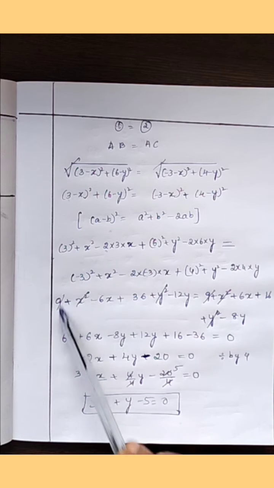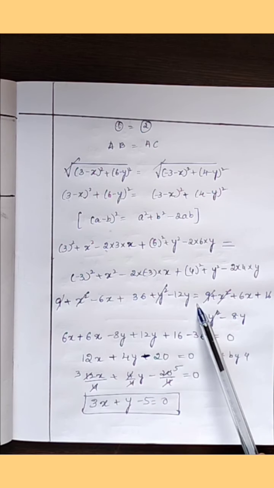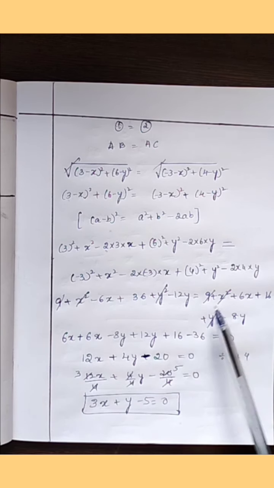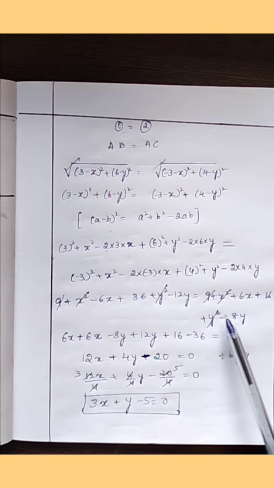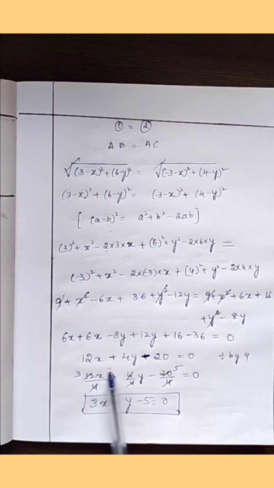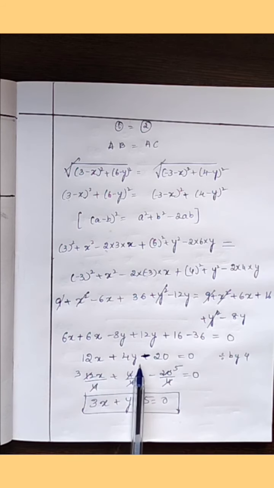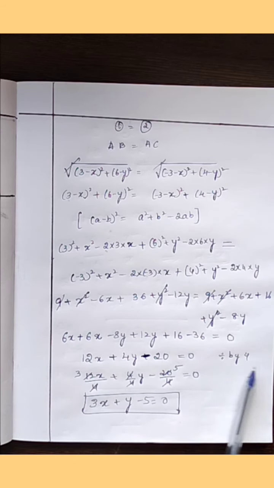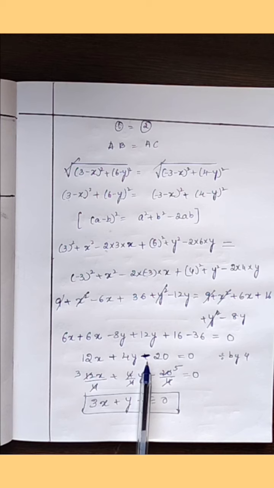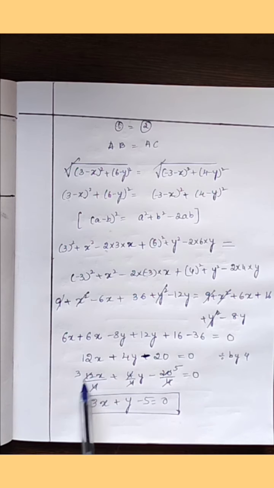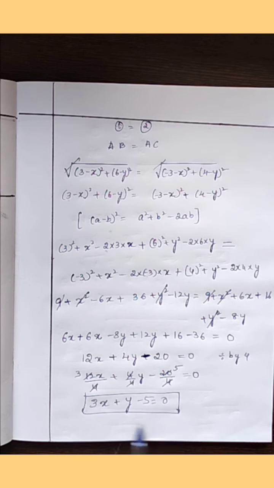Okay, these similar terms, that is plus 9, get cancelled each other, plus x square. Okay, next y square will get cancelled each other. After cancelling all the terms, the remaining term is 12x plus 4y minus 20 equal to 0. We have to divide here, all terms can be easily divisible by 4. So you have to divide this expression by 4. 4 ones are 4, 4 3s are 12. 4 ones are 4, 4 5s are 20. Then the algebraic expression is 3x plus y minus 5 equal to 0.